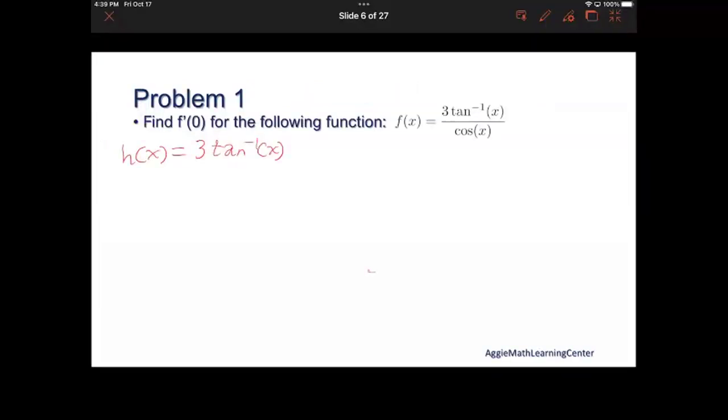Okay, perfect. So, yeah, we can set h of x equal to 3 tangent inverse of x, and if we take the derivative,